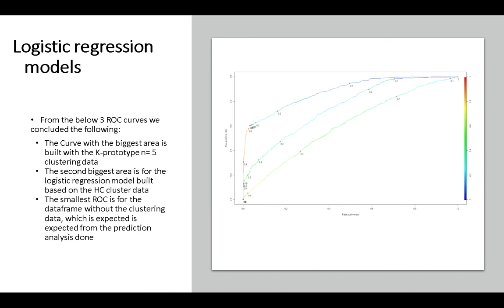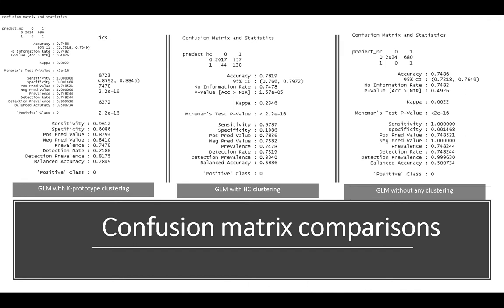Then we applied the logistic regression. The code is also in the report and in the RDM file. It's not presented here, but this is the result of the logistic regressions. We have the ROC curve, and as you see, the area under the curve, the biggest one is related to the K prototype, then the hierarchical cluster, and then the final one is the one without any clustering. So this means that clustering gives the models a very good predictive power. This is a confusion matrix as a result